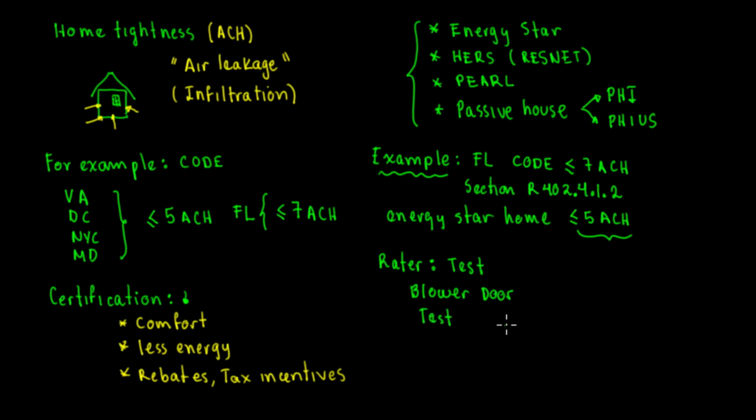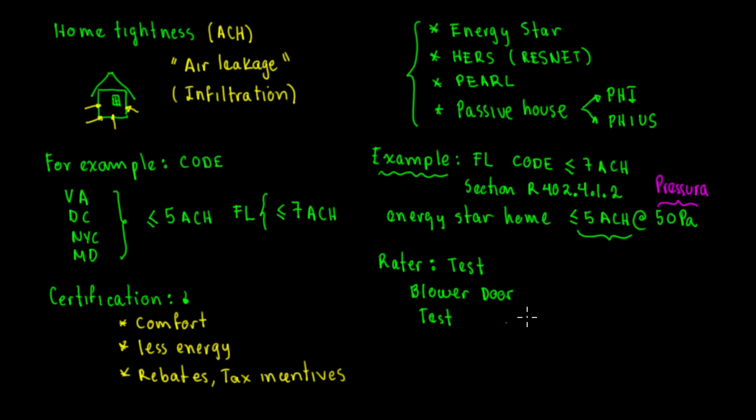Okay, so what is this blower door test? And remember, this 5 air changes per hour is related to pressure, at 50 pascals. So we're going to put that with another color, pink: this is pressure, the pressure at 50 pascals. Pascal is in the metric system, newtons per meter squared. But remember this at 50 pascals.